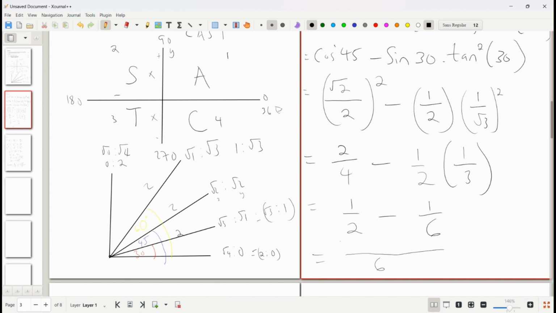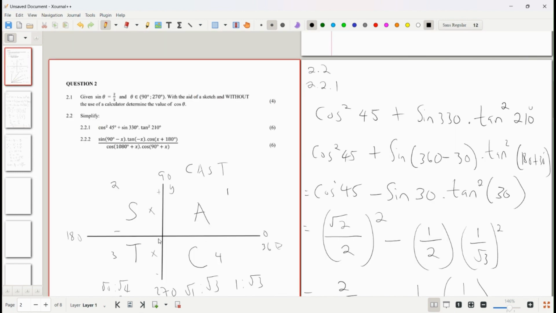Which is 6. 2 divided by 6 is 3. 3 times 1 is 3. And then 3 divided by 6, and 6 divided by 6 is 1. 1 multiplied by 1 is what? Is 1. So it will be a negative 1. So in this case, we'll have what? 2 divided by 6, which is what? Which is 1 divided by 3. So that's our final answer for